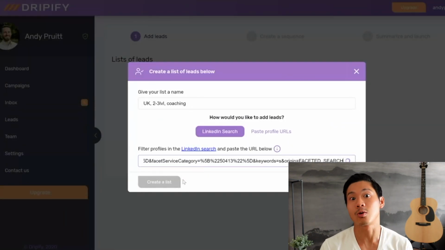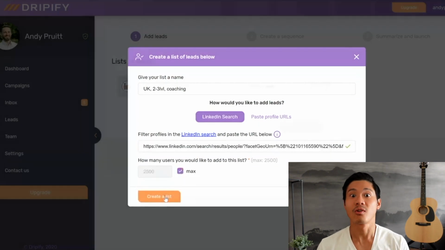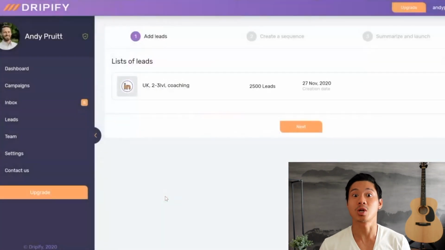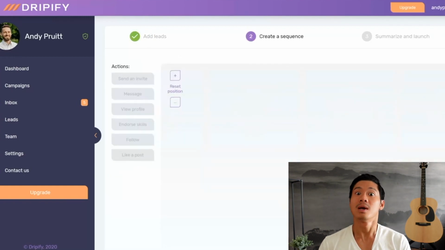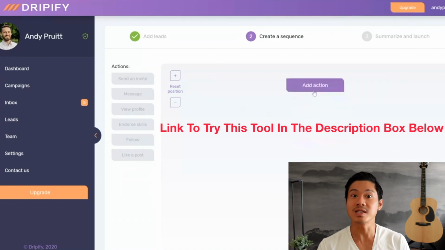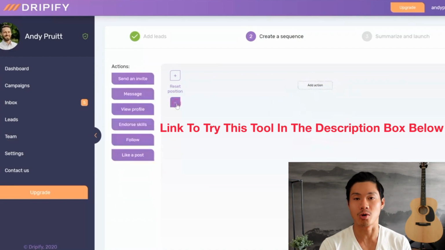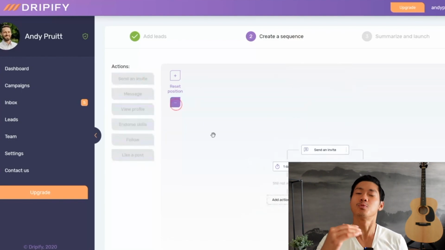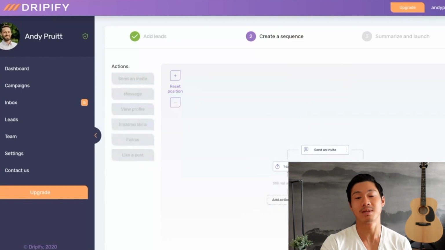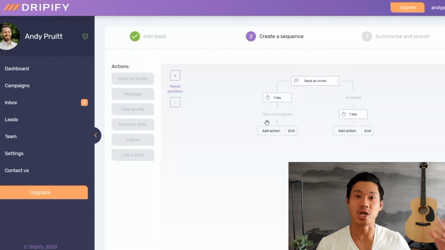So in an automatic way, you can pull in leads from LinkedIn, and then you can start messaging them and sending out connection requests and even doing things like liking their posts or giving them endorsements. And this can all be done in a sequential order in order to generate a reply. I actually have a different video that goes super deep into how you can set some of these automations up, and you can check it out right here.